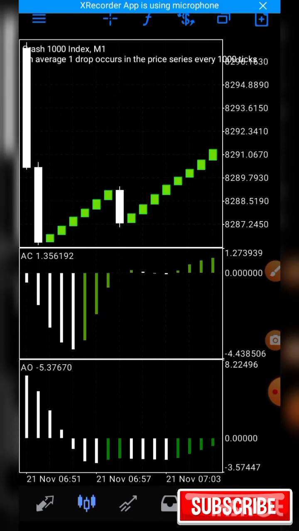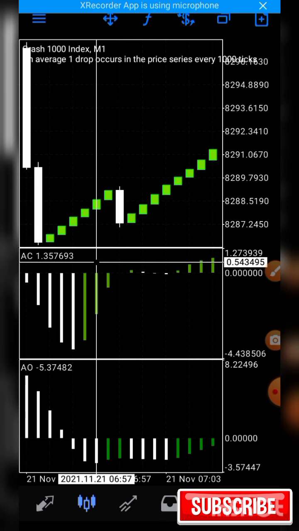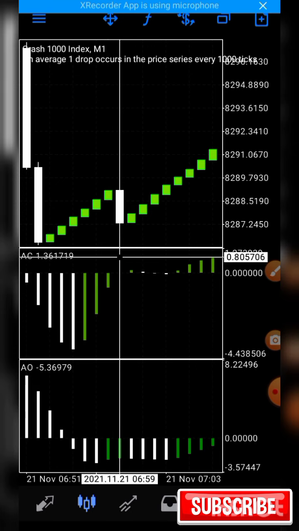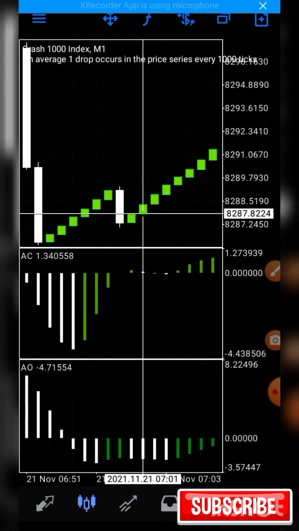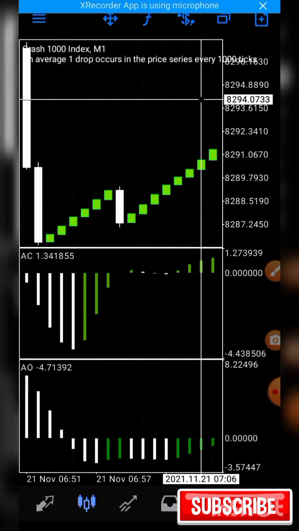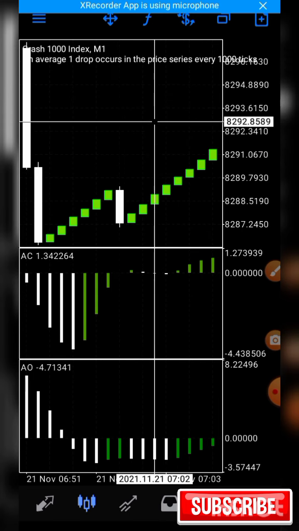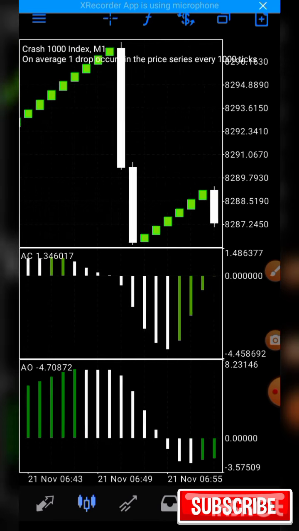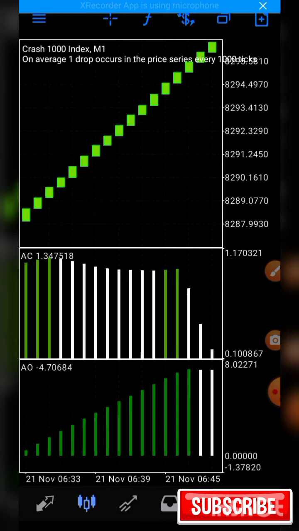Now this is another trade. You see this trade. Now 1, 2. A spike caught you, but the amazing thing about this system is that even though a spike caught you, if you follow the system, you will recover all your loss. See, the market went up and you recovered your loss. So follow simple instructions. That's what will make you a profitable trader in forex market.